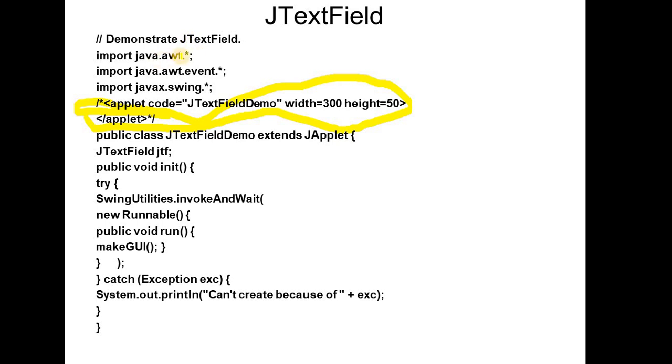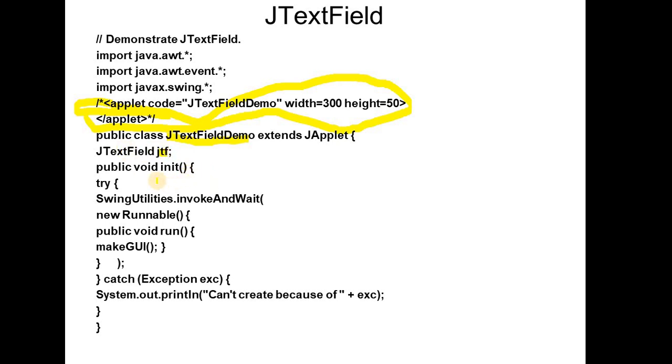So import java.awt.*, import java.awt.event.*, as well as import javax.swing.*. I will create a new class here, JTextFieldDemo, which will extend the JApplet class. And here I am going to create an object of type JTextField.